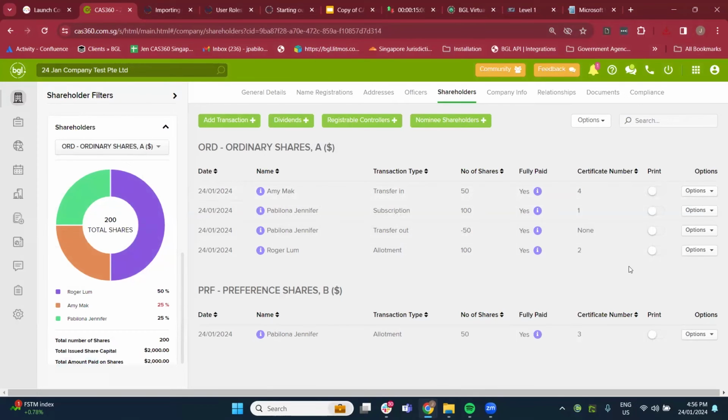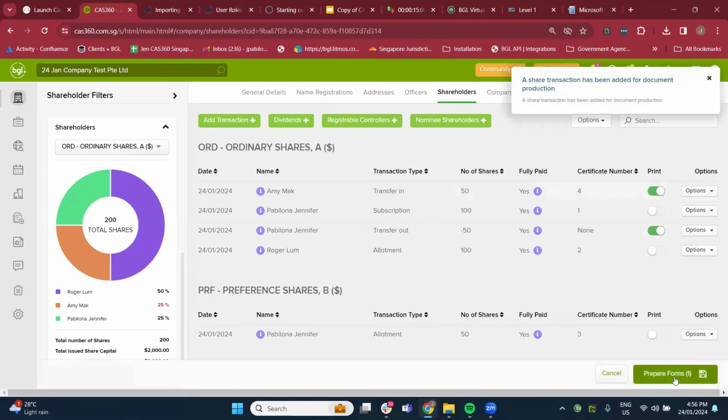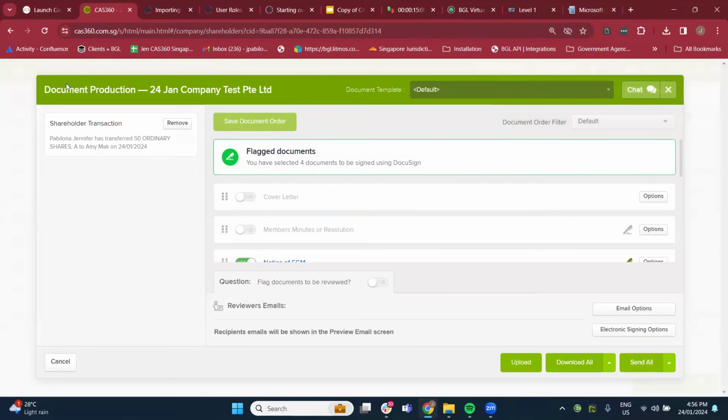So how do we, in the whole transactions in CAS 360, whether it's an officer or shareholders or addresses, when you prepare a document under your document production page, you will notice that in your download all or send all, you have an arrow up next to the button. This arrow up allows you to prepare the documents and at the same time set up what we call